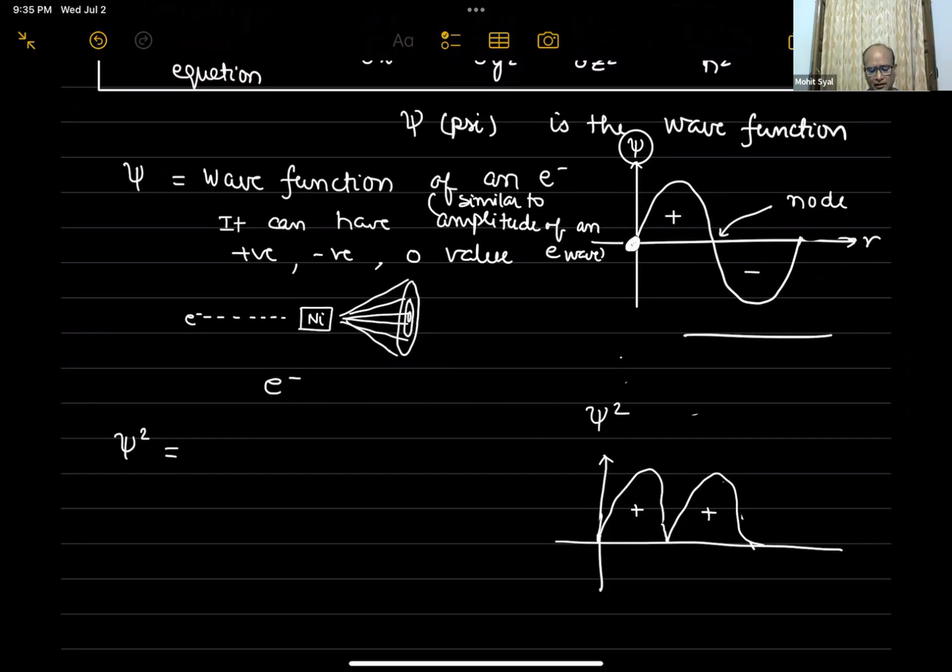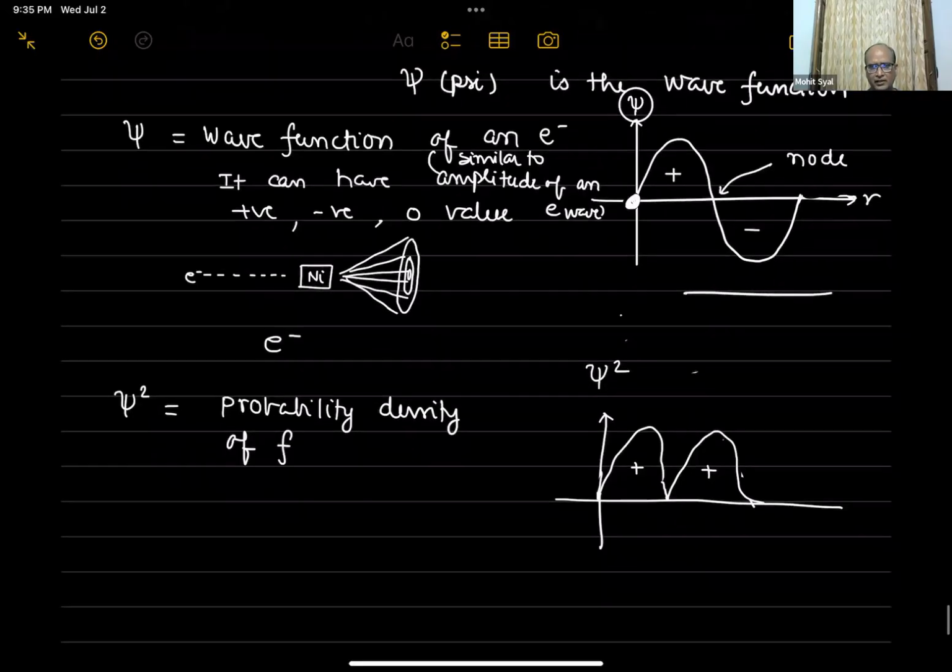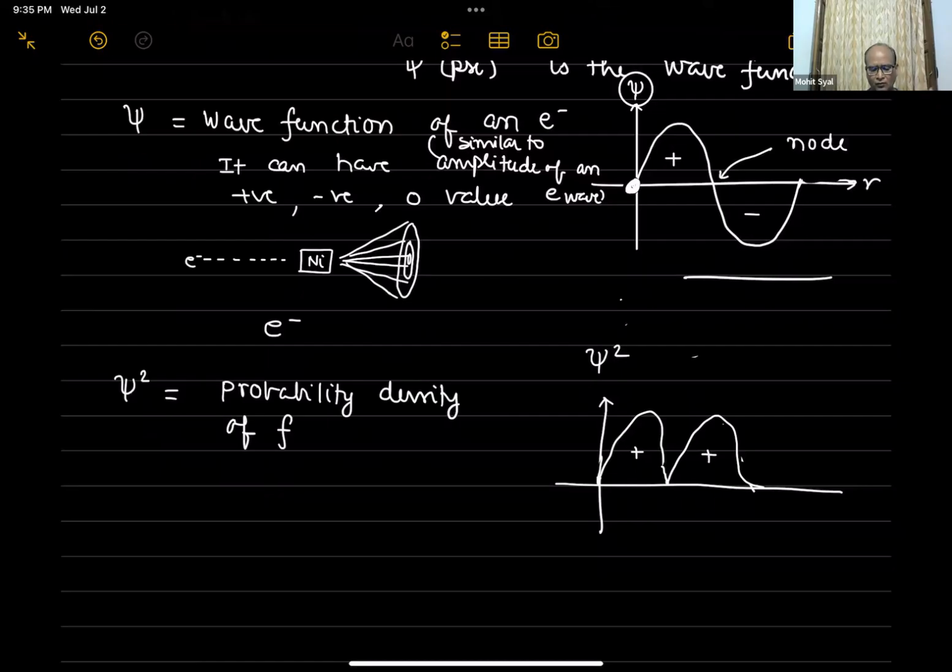Psi square is the probability density. Don't worry, it is going to be very easy. Just listen to me, then I will reconnect all the points. Psi square is the probability density of finding